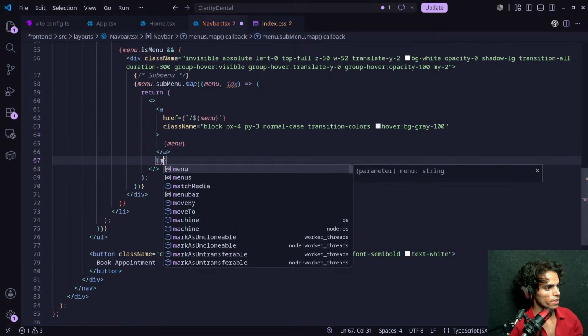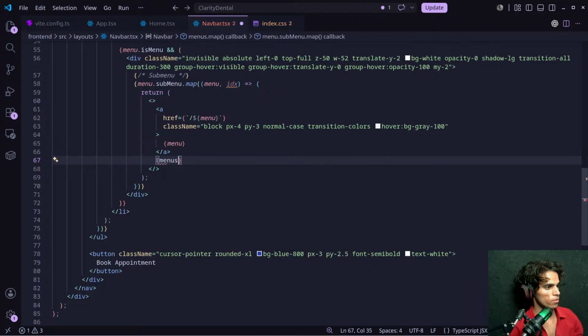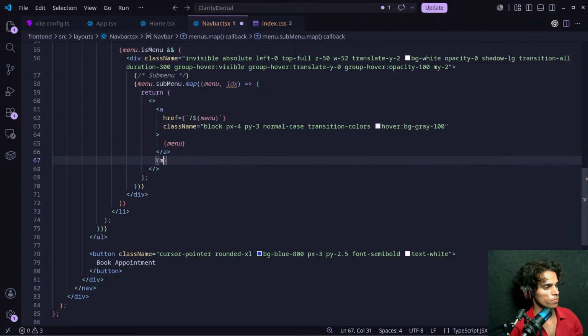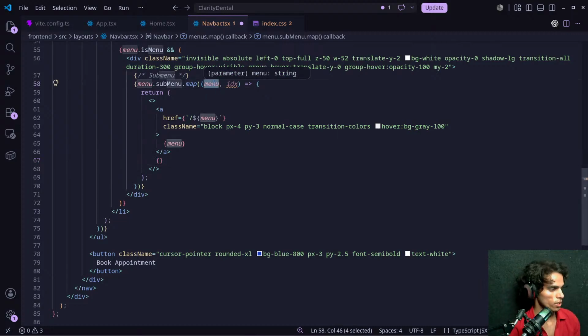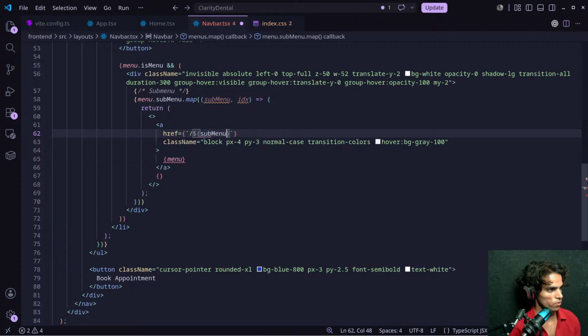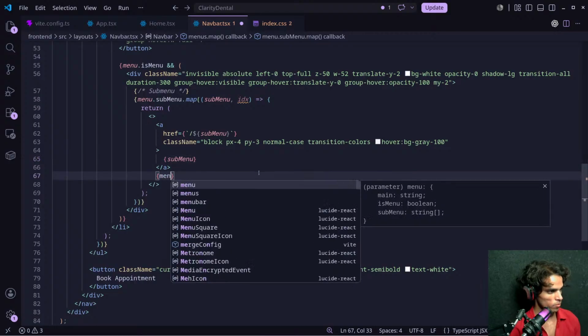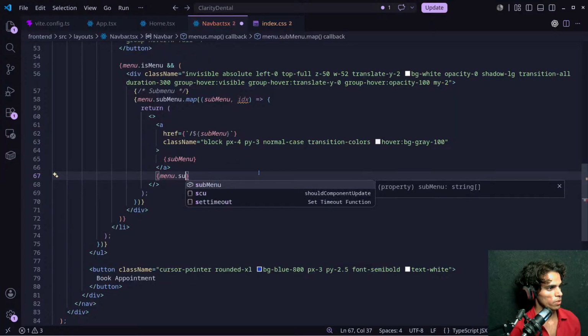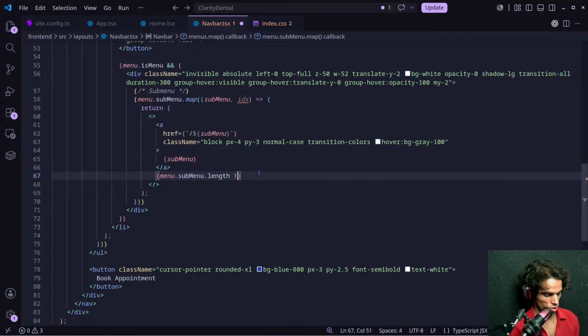Can I use menu directly here? Menus dot menu. Okay, we are writing this as menu. I would like to say it is sub menu, okay? Now, sub menu, and let's also change this to sub menu. And now what I want is menu dot submenu dot length not equal to